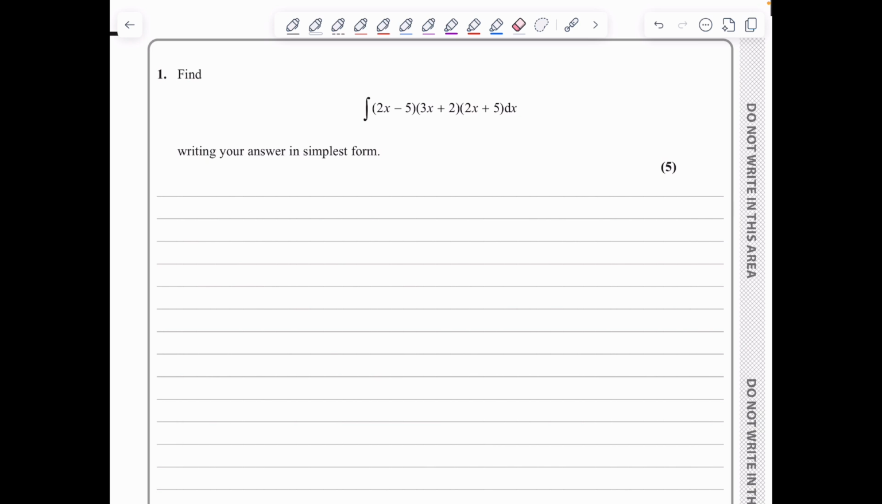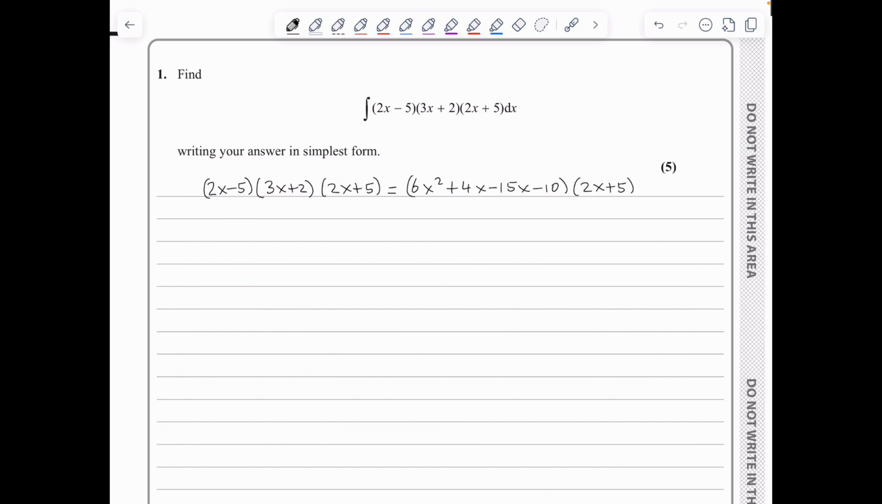In question 1, we are asked to find the integral of (2x - 5)(3x + 2)(2x + 5) with respect to x, and we need to give our answer in its simplest form. I will actually start by expanding the triple bracket to see exactly what we're dealing with. So I've got 2x times 3x is 6x squared plus 4x minus 15x minus 10, close brackets, times the 2x